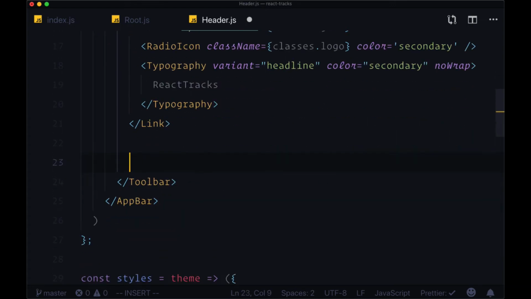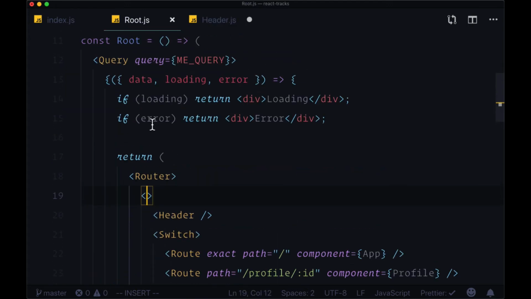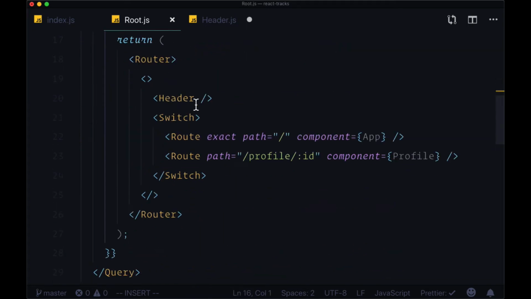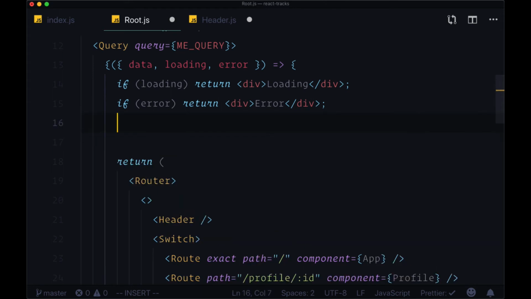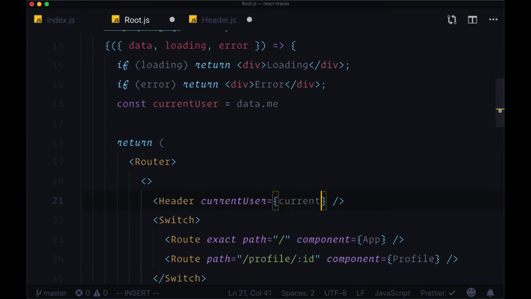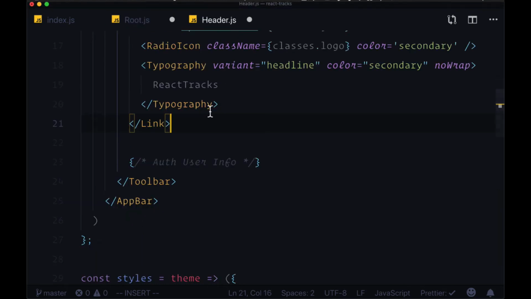Then after our link, we're going to have our auth user info, or our current user info. And this info, or at least the data within this part of our header, is going to come from our me query. So we're going to take the data that's returned from our me query, and we're going to pass it as a prop down to our header. So let's create a variable after our if statements. We're going to call it current user, and that's going to be set to data.me. So everything on this me object is now going to be referred to as current user, and we can create a current user prop on the header and pass through that variable. So now in our header,